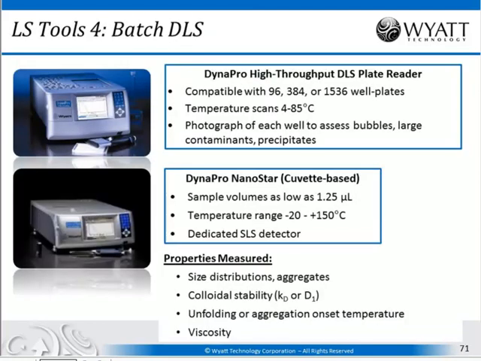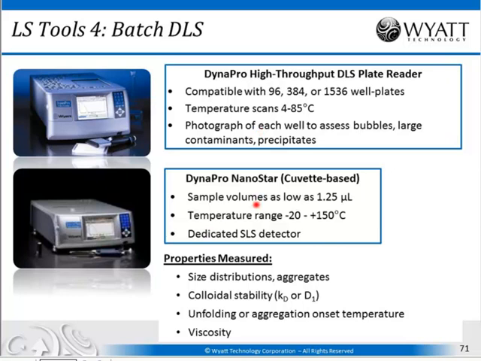Lastly, I'd like to speak about batch DLS, so dynamic light scattering, using either the DynaPro high-throughput dynamic light scattering plate reader, which measures size distributions of proteins, aggregates, nanoparticles in microwell plates. These are standard microwell plates, the same ones used in other types of, say, spectroscopic plate readers. It has temperature control from 4 to 85 C, and you can even use a built-in camera to look at each well to see if you have any precipitates or contaminants or bubbles in the well which are disrupting your